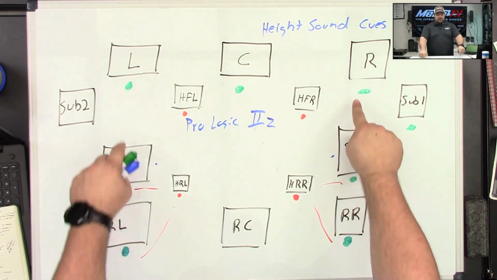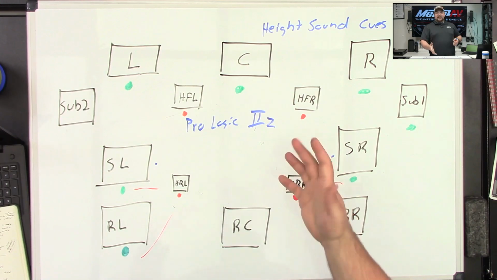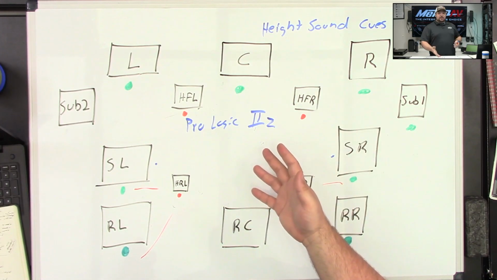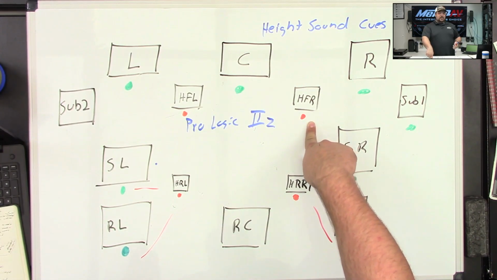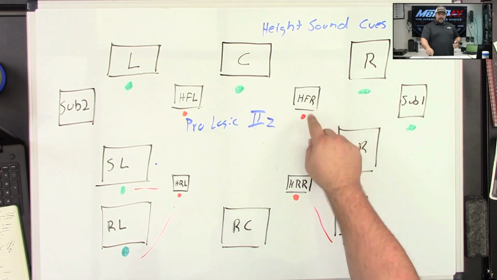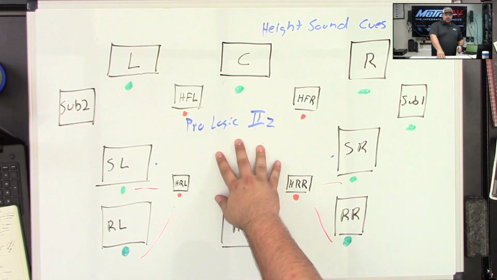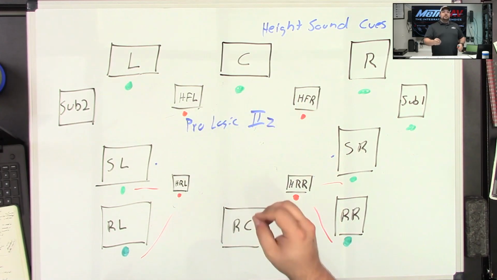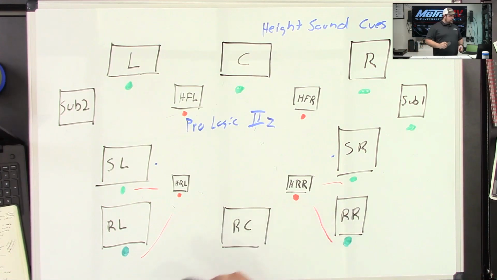It's actually taking this signal, running it through a filter to make it sound different. It's basically just an equalizer. It's running it through an equalizer curve, and it's spitting it out in this connection here, this amplified output here. And then it's running it through that speaker. So now it sounds like that audio is coming from above instead. And that's essentially what the Pro Logic 2Z is doing to give you those height channels if you don't have a discrete height channel. And that's where those are.